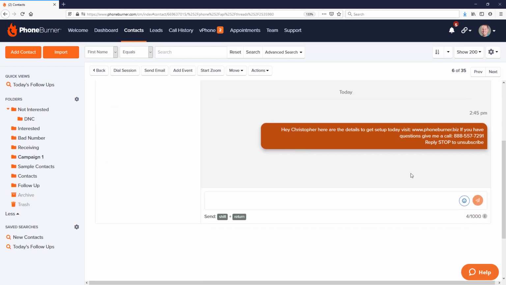And that's how easy it is for you to create a text message that you can assign to a disposition and have it automatically triggered every time you click